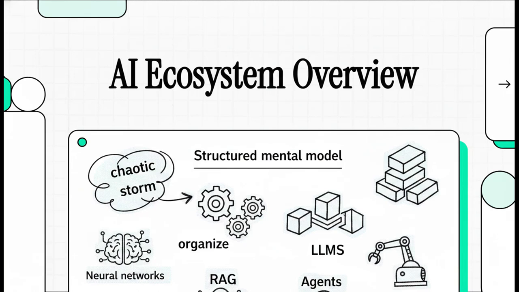Welcome to this explainer. We hear AI buzzwords thrown around all the time, and honestly, it can feel like a chaotic mess of tech jargon. But today, we're going to take this massive ecosystem that we all use and map it out into a really cohesive, structured mental model. Let's dive right in and organize the complex landscape of artificial intelligence into a crystal clear